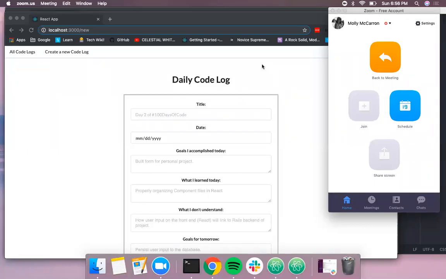For my final project for Flatiron's coding bootcamp, I created an app using React Redux and a Rails backend to create a daily code log. So I found throughout learning how to code, especially throughout the bootcamp, we move so quickly that it's easy to